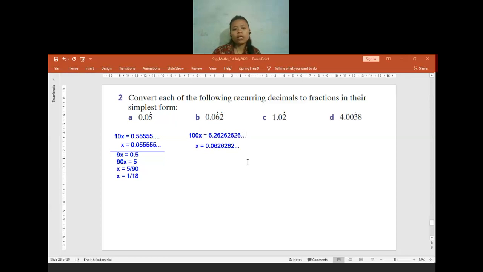Do we have to write the steps, and x equals 1 over 18? Yes. In the IGCSE exam, there will be a question like: change the recurring decimal into a fraction with the algebraic method. The algebraic method is the x thing. So you have to write it completely, because in the IGCSE exam it will be given like that.